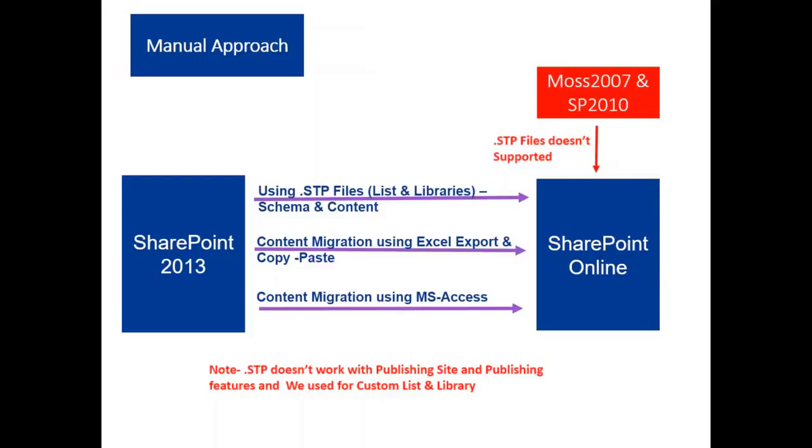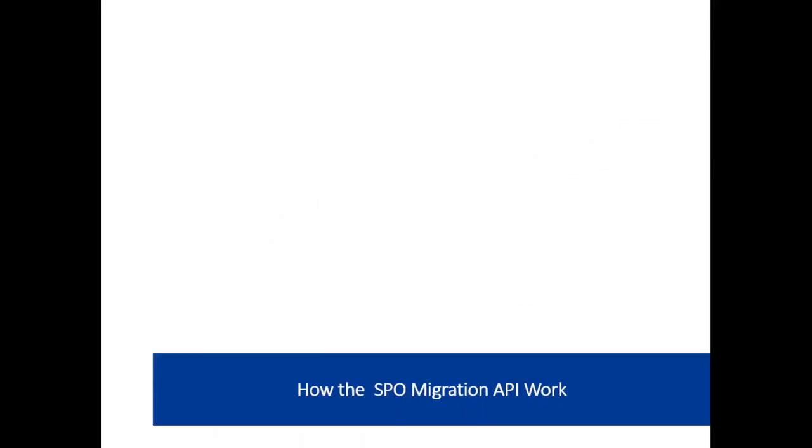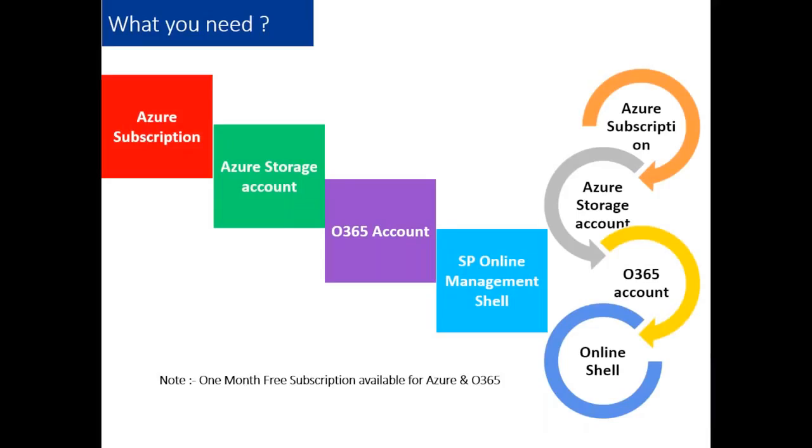This was not basically the agenda. So that was the covering point: what are the options available for the migrations? Coming to the main point or main agenda, how the migration APIs work. If anyone has any question, just feel free to ask or put it into the chat window. I'm very happy to respond on that.